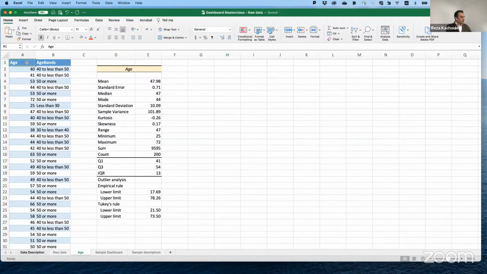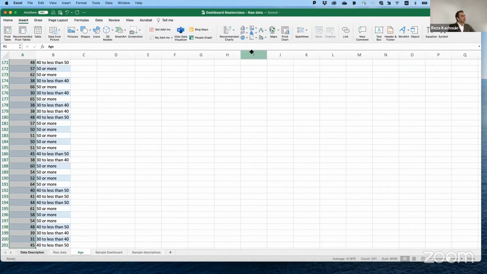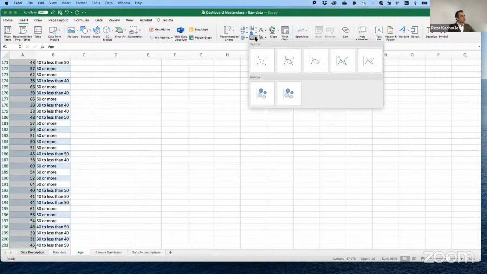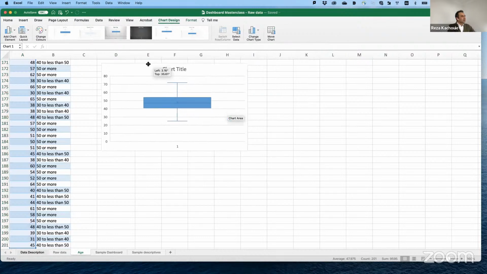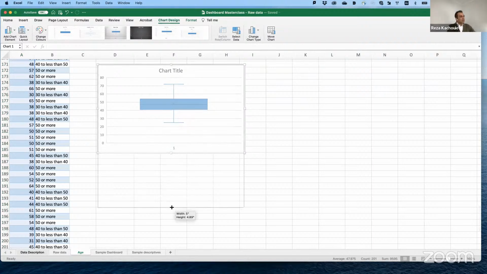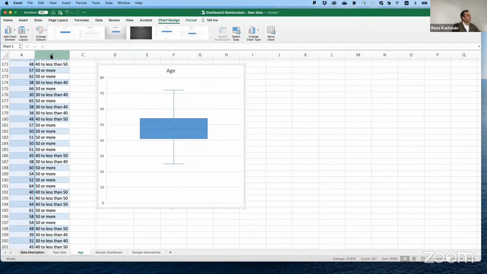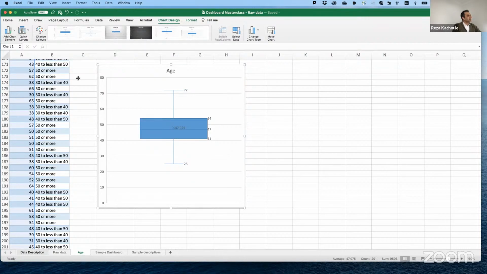Something else that we can do is select our data points and create a box and whiskers plot. It jumps, it doesn't allow me to click where I want. Then we can title it about age. We can get rid of unnecessary stuff, add chart elements and add data labels to the right.